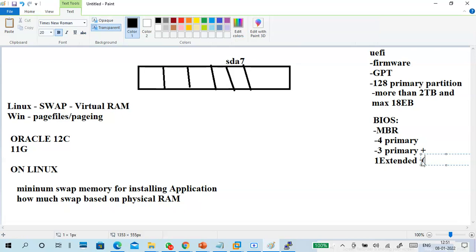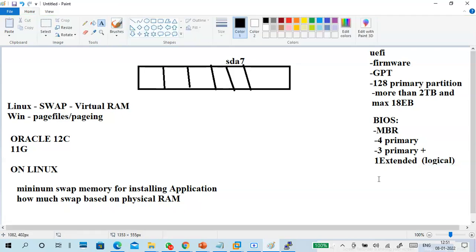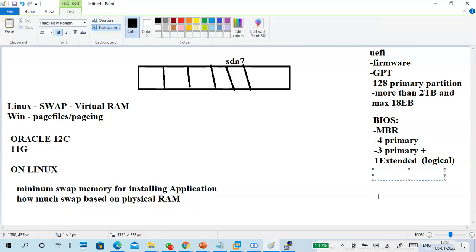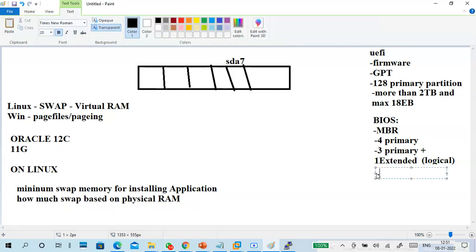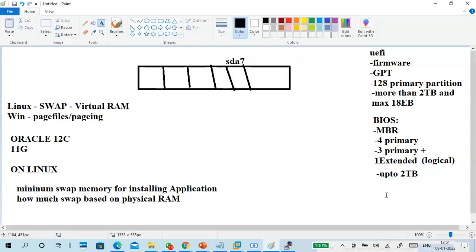In the extended we can create logical partitions, any number of them, no problem. Each partition size is a maximum of 2 terabytes.